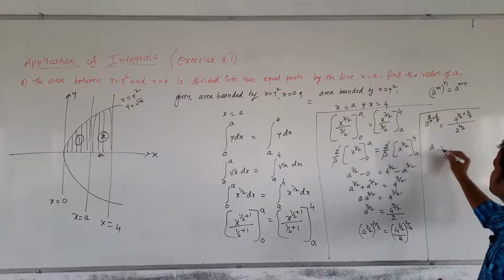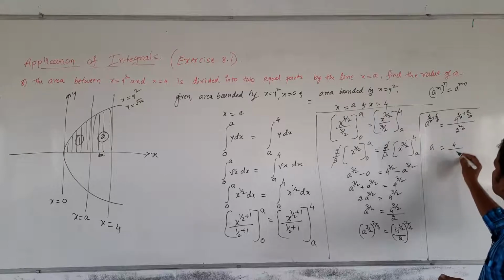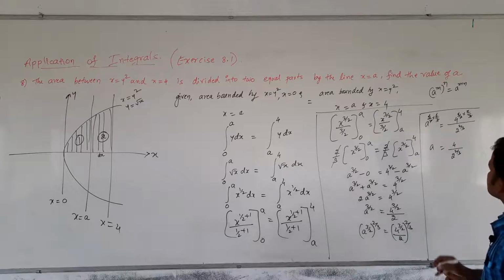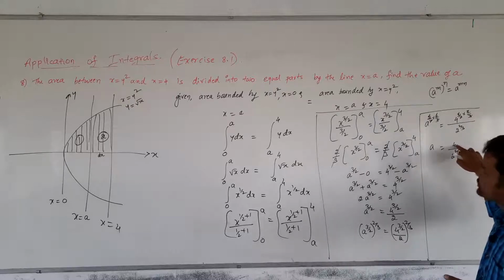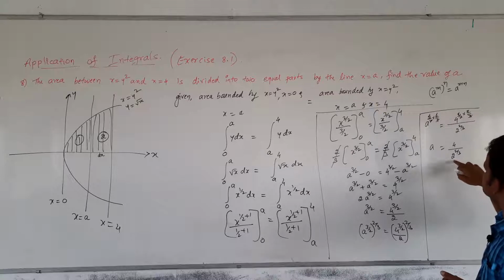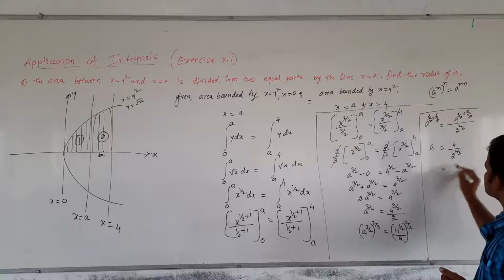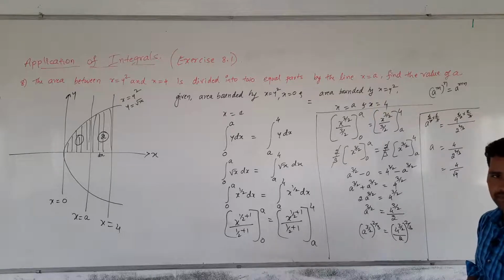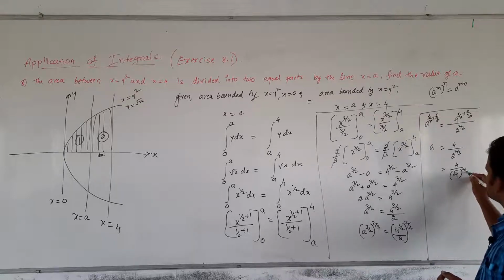Okay, this is a is equal to, same way here also it happens, 4 divided by 2 to the power of 2 by 3. Okay, how will you simplify this? To simplify this, you make this base as 4 or this as 2, both are fine. Let me make this as a 4 here. If you make this 4, how can I write 2? 2 is nothing but root 4. Yes, 2 is nothing but root 4. Root 4 to the power of 2 by 3.